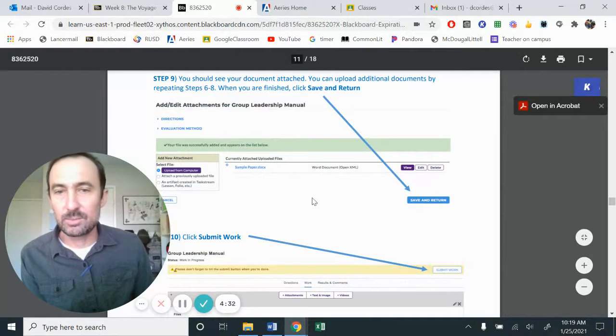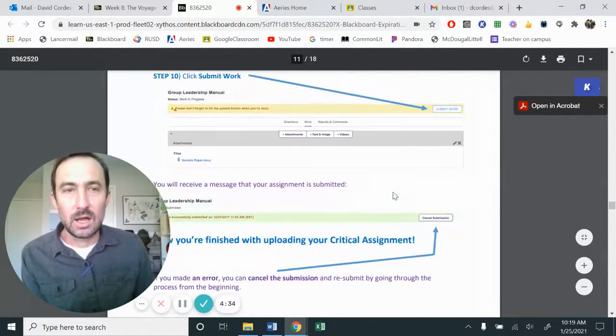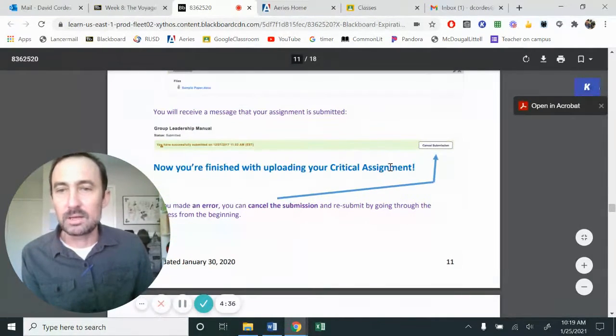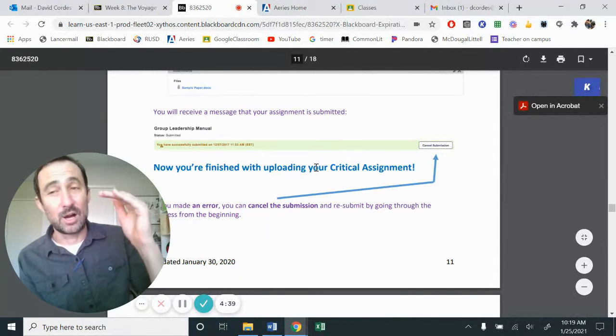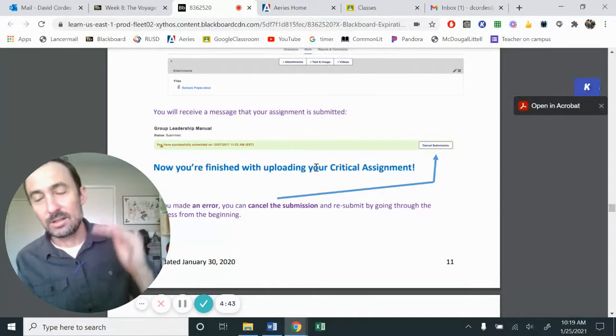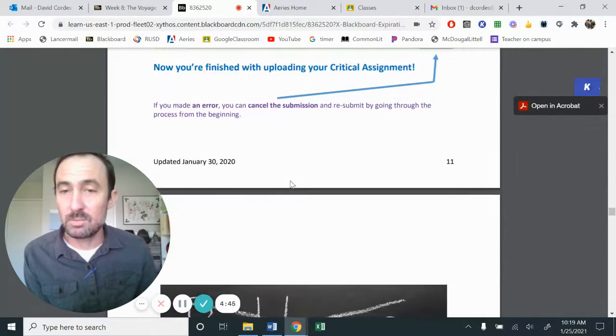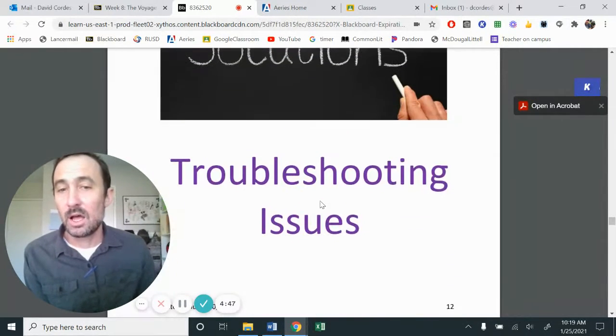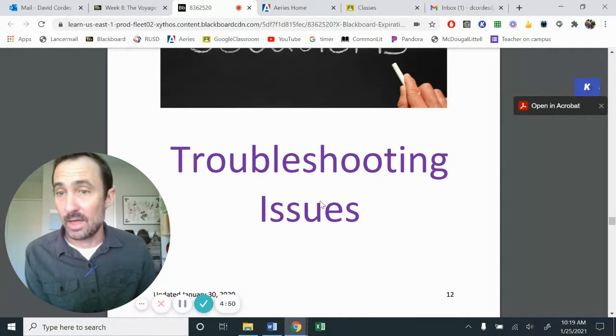It's got the item of how to upload and what that looks like. There's the idea of attachment, save, and return. There's the submitting your work button. So there's lots of steps of like, are you sure this is it? Let's make sure that this is formatted properly. There are multiple steps to it, so please make sure that you've offered yourself some time for that.